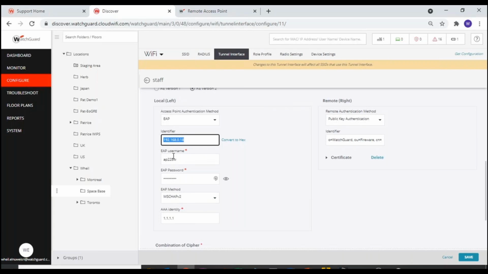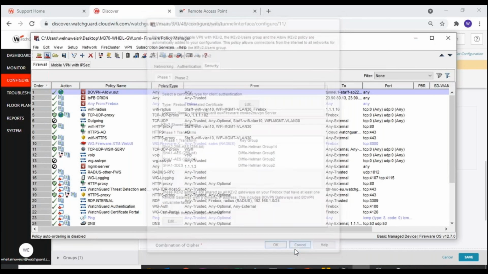Then the rest of the information in here, the EAP username and the password, is going to be configured on the firewall. So if I jump into the firewall,